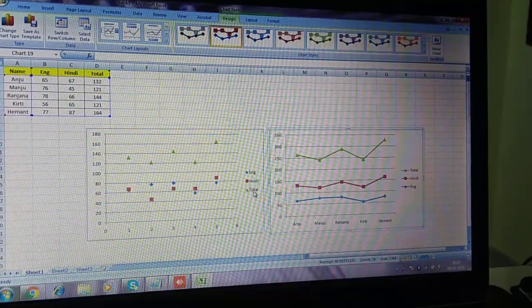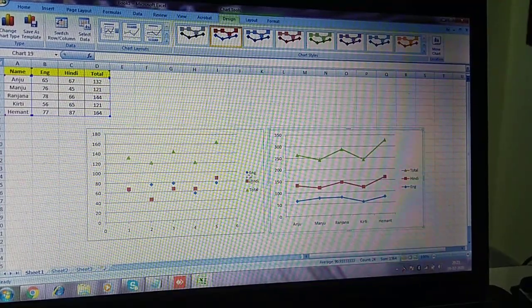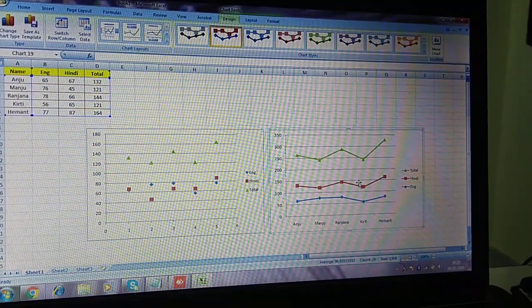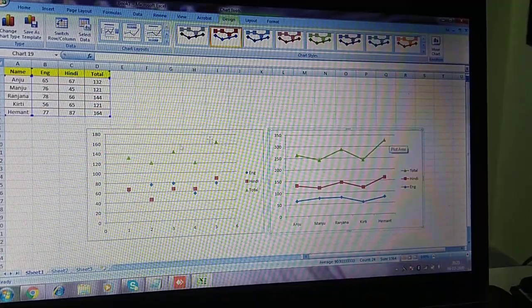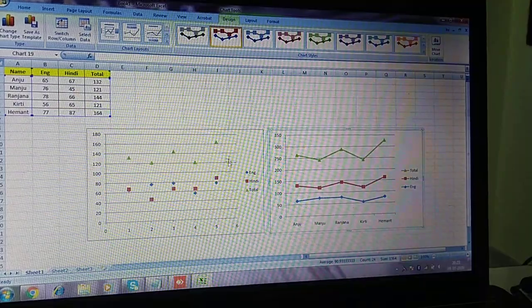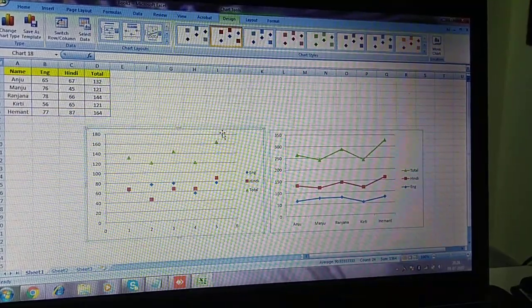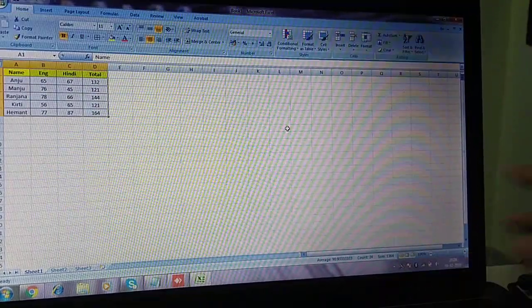Like total is representing with the triangle, Hindi is representing with the square, and English is representing with the diamond symbol. Here also the same thing is there, but they are connected. In line chart, all shapes are connected with the line. But in the scatter, as the name is scatter, no line is there, only geometrical shapes are there. Fine. This one is also done.